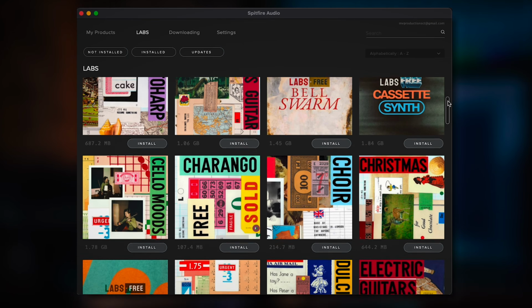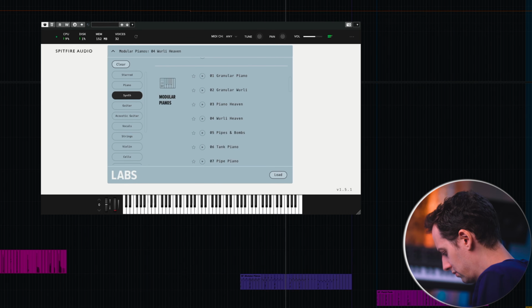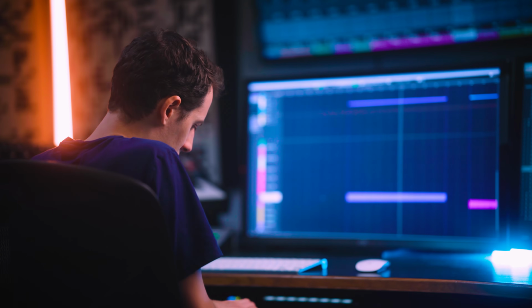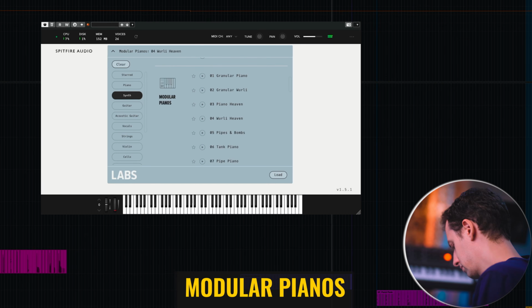These are really beautiful instruments. Some of them are more useful than others, but overall, I find many of them can be used for different types of scores and styles. So I highly recommend getting Spitfire's download manager and just experimenting and seeing what works for you. My favorite libraries here are the Modular Pianos, the Pedal Pads, which I think sound really ethereal and interesting,